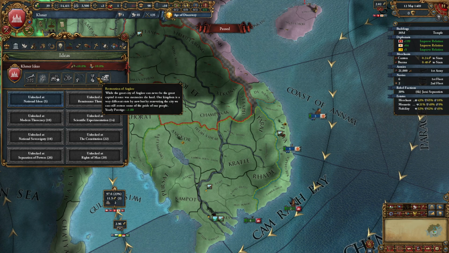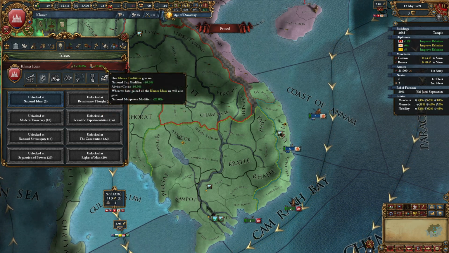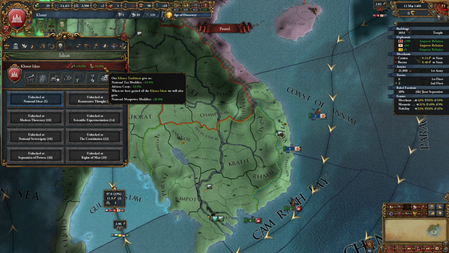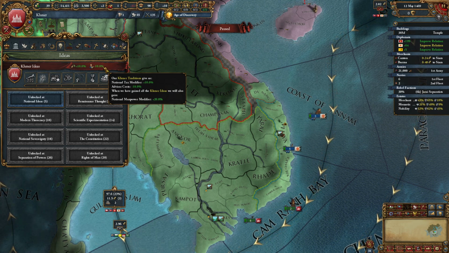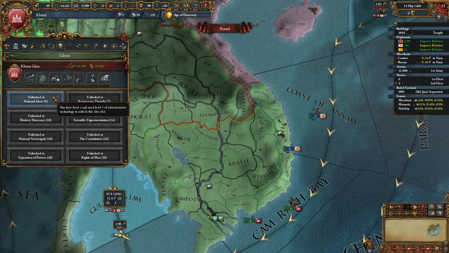And then yearly prestige, which is cool. Ship durability. And then to end, you get 20% manpower modifier. I honestly wish that modifier came earlier in the game due to the sheer amount of troops you're going to lose in wars. Now, in terms of ideas,